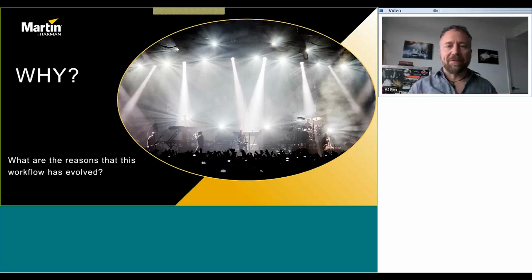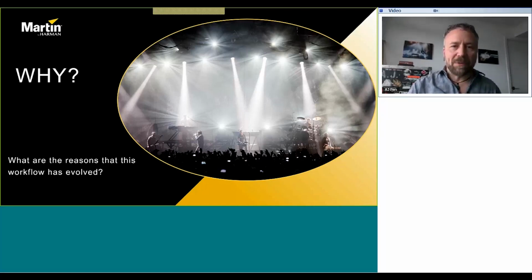How did this evolve? Different venues. Well, we used to be on tour and we'd go to the same looking venue. You go to an arena and your trucks are filled with all your gear, and you go and set up on more or less the same stage and take it down at the end of the night. Everything's the same. You brought everything with you.